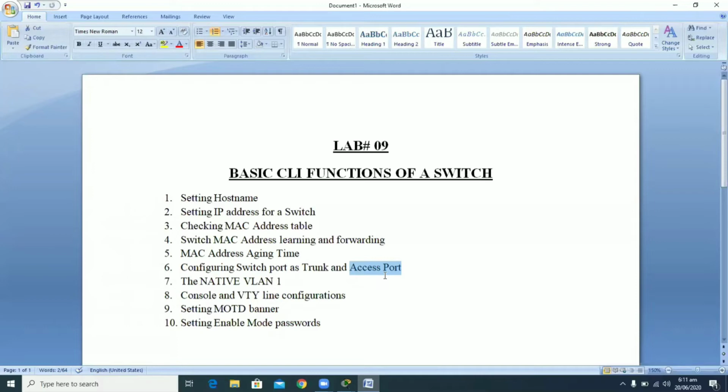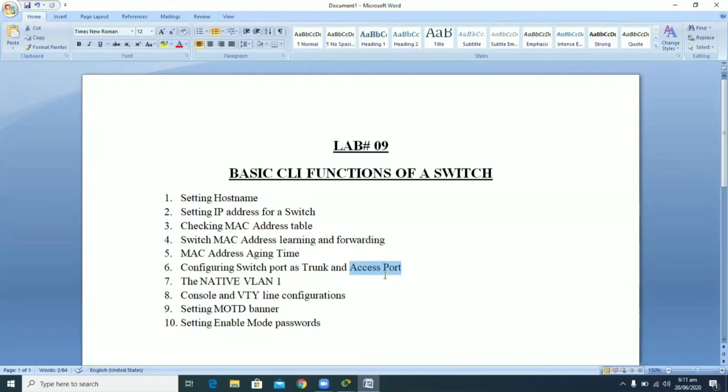Then that particular end device must belong to a particular virtual LAN, so that end device will only be forwarding single virtual LAN data. So if you have a port of a switch which is connected to an end device that is generating data related to only a single virtual LAN, then you say that this port is an access port.